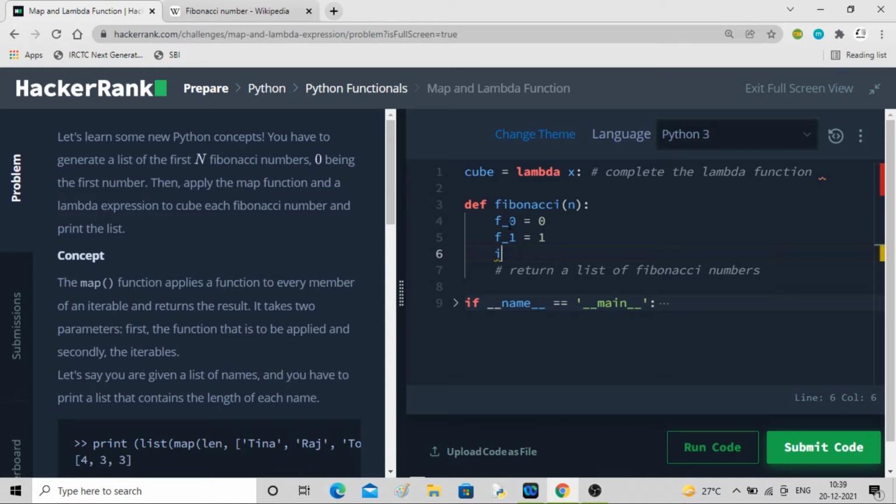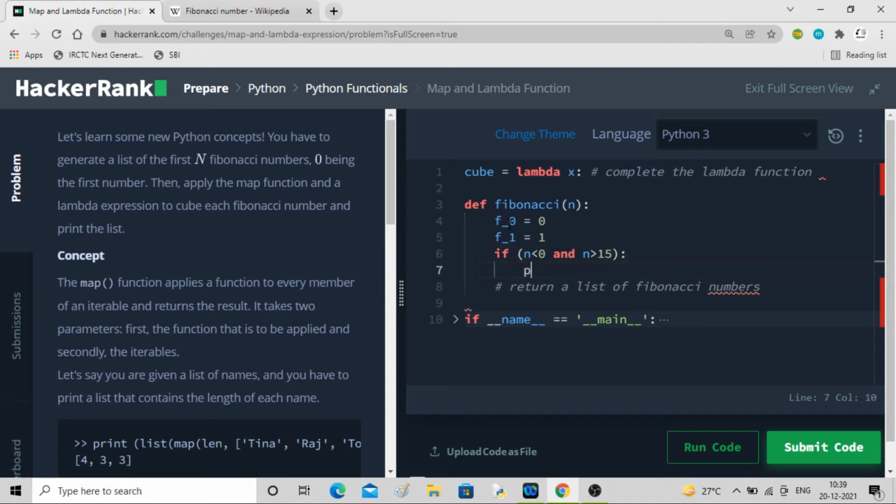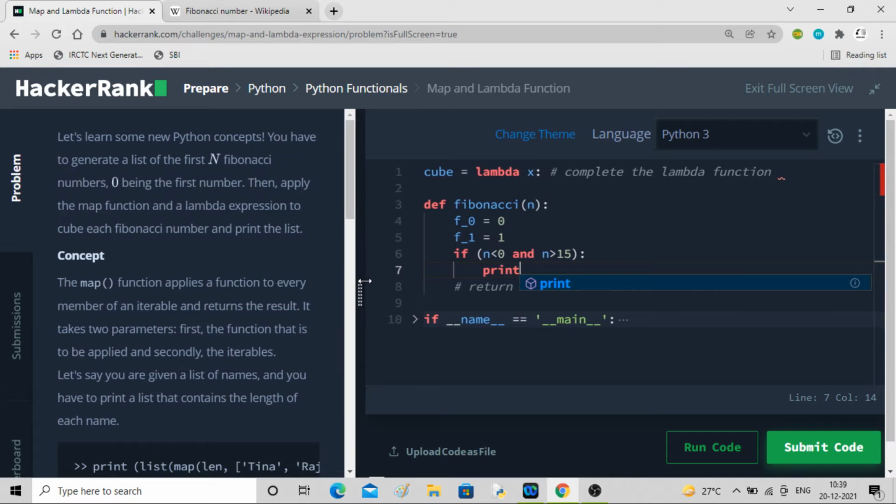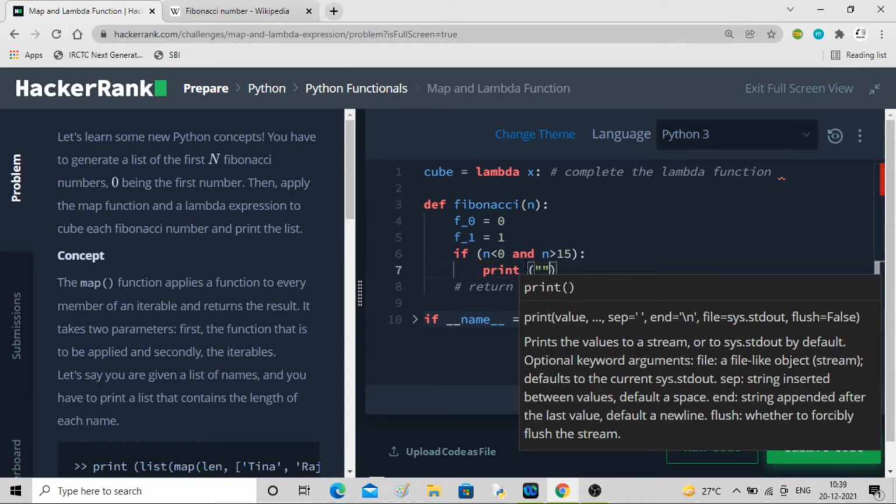First I'll write the constraint: if n is less than 0 or n is greater than 15, then we have to print some warning message.